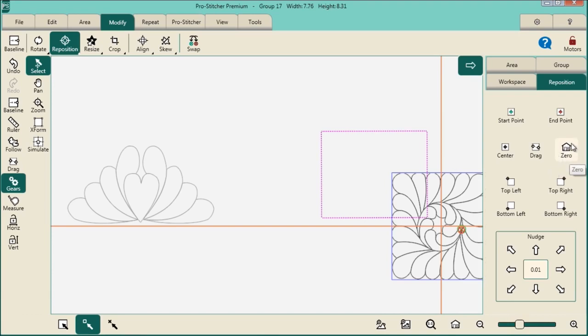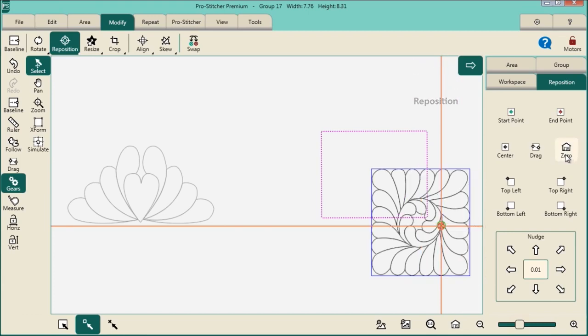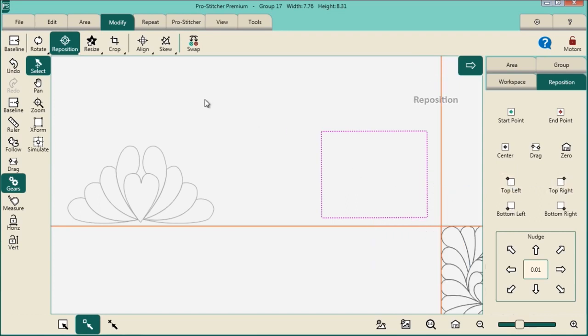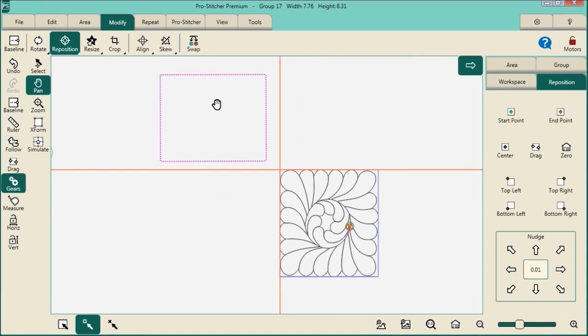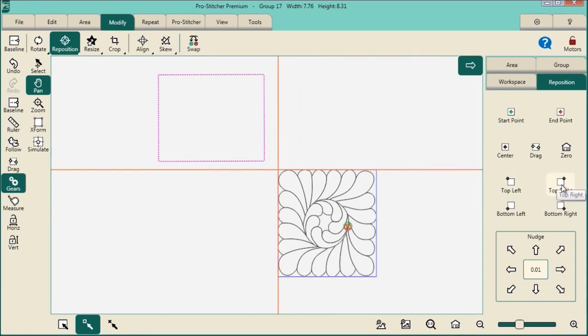Zero finds the zero point, and each design has its own zero point. So let's see where this one is. It's at the start point. Some will be at a corner or someplace else, just a matter according to what the designer chooses. I can do my top left, so this is the top left, it will go to the crosshair. All right, let's kind of pan over so you can see what's going on here a little bit. Put that in the center. Top right,